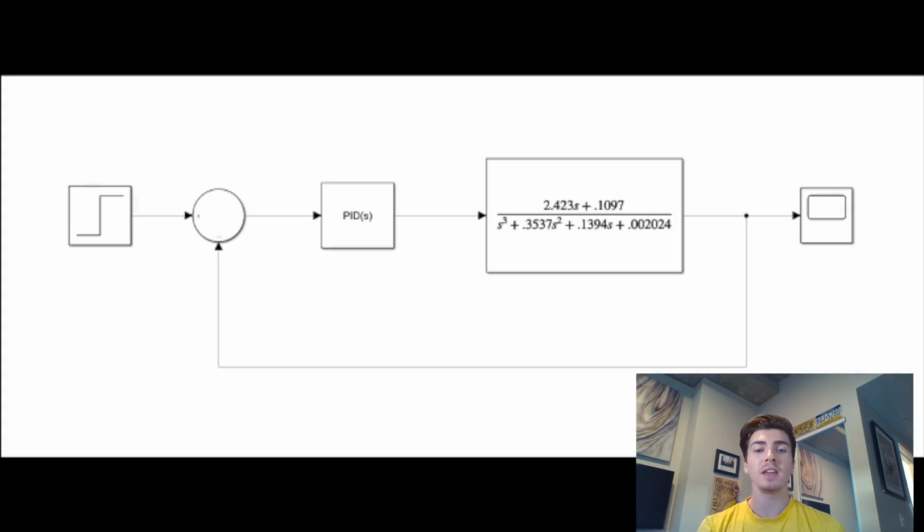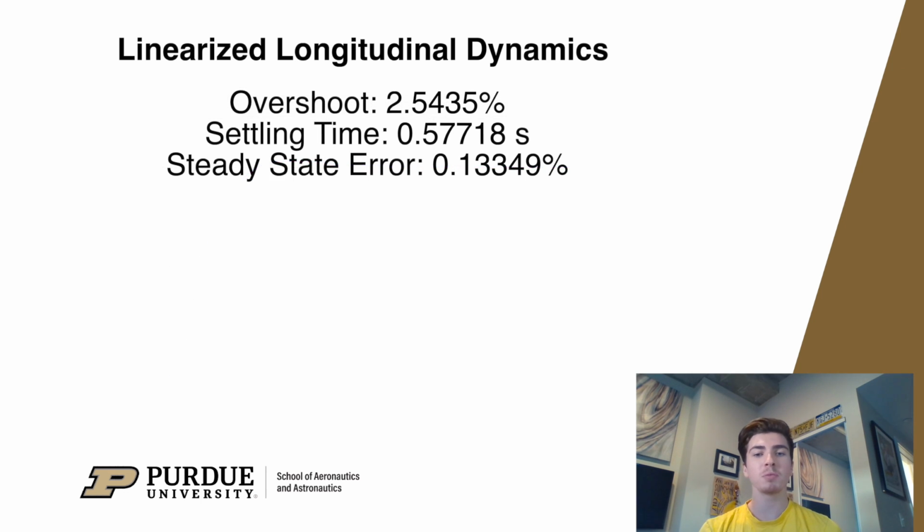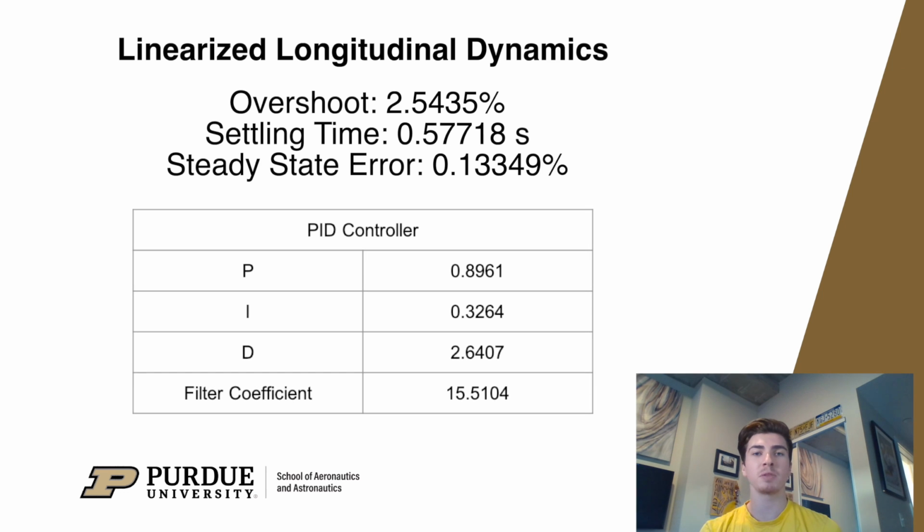I'm Gene Starkey, and for longitudinal we used the PID for the closed loop system and used the control system tuner app in Simulink. We found a 2.5% overshoot and a time constant of 0.1 as the best design parameters. This outputted an overshoot of 2.54%, settling time of 0.57718, and a steady-state error of 0.11349%, with proportional gains equaling 0.8961, the integral gain equaling 0.3264, and a derivative gain equal to 2.64, with a